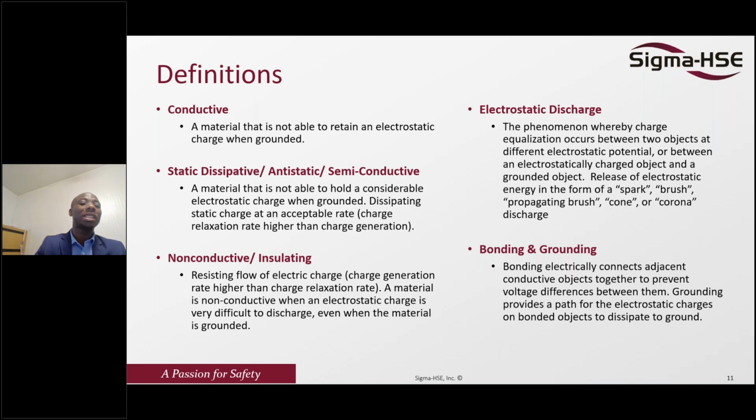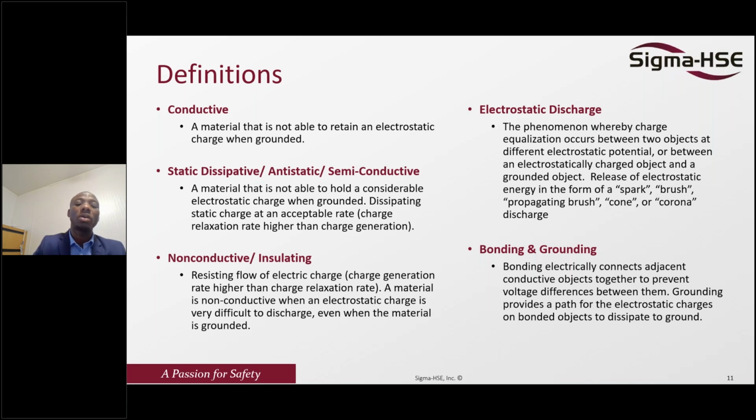The second one here is static dissipative material. That is a semiconductor. That's what we say. So this kind of material is also kind of a conductive material. It can accumulate charges, but it will be able to release charges. So the rate of charge release or dissipation is higher than the charge accumulation. It's not like conductive where it will go to zero, but this time it will dissipate all the charges at a specific rate. Sometimes you can have some residual charge accumulation, but that charge accumulation is not significant enough to cause any kind of hazard to the facility.